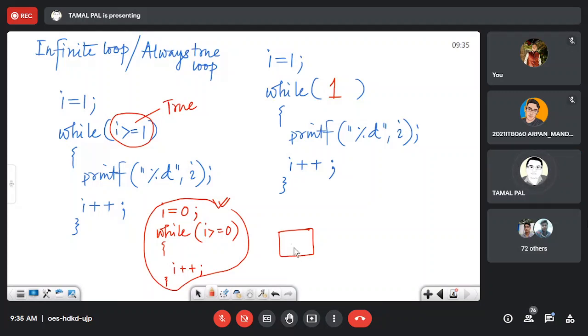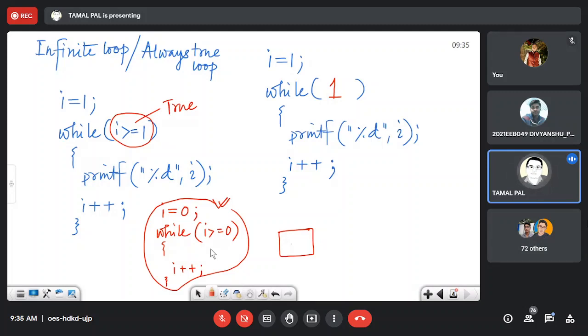Like, when it was 1 there, sir, it printed infinitely. So sir, here it is 0. Sir, the condition becomes false, sir. Condition becomes false, yes, sir, when there is 0.